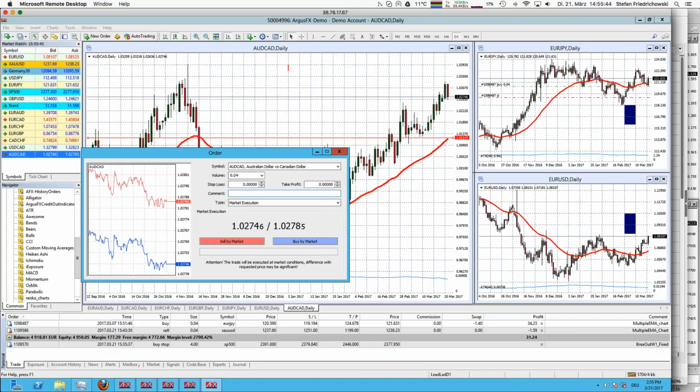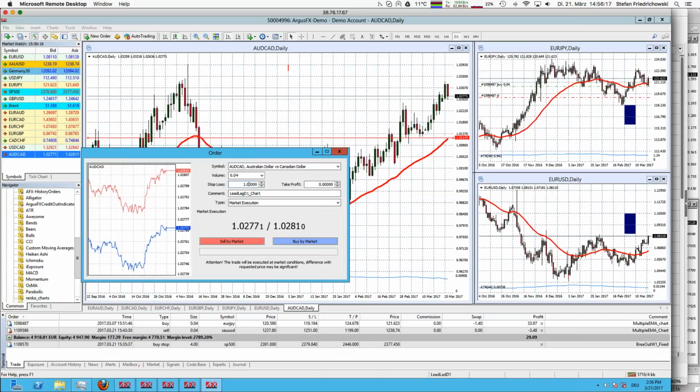Lot size is already right. The comment for that trade is lead lag, and we use a time frame as an indicator in the comment line as well. And stop loss was out of the chart. But yeah, market execution is right. But the trade needs a stop loss, and the stop loss of the trade is